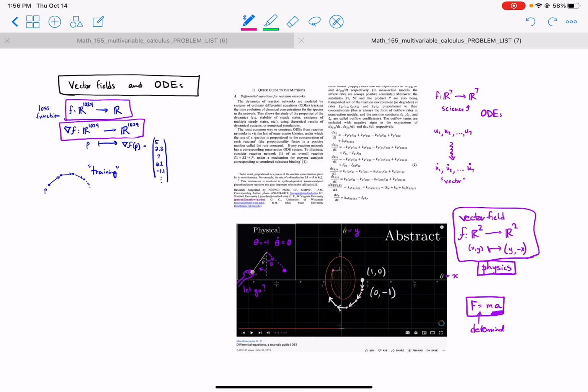Summary. Yes, vector fields come as gradients of functions, like in machine learning. But vector fields also come from science. They come from understanding physics. And wherever they come from, if we know where we are, then we can predict the future by using the vector field and making tiny little steps. This is called Euler's method, which you can see